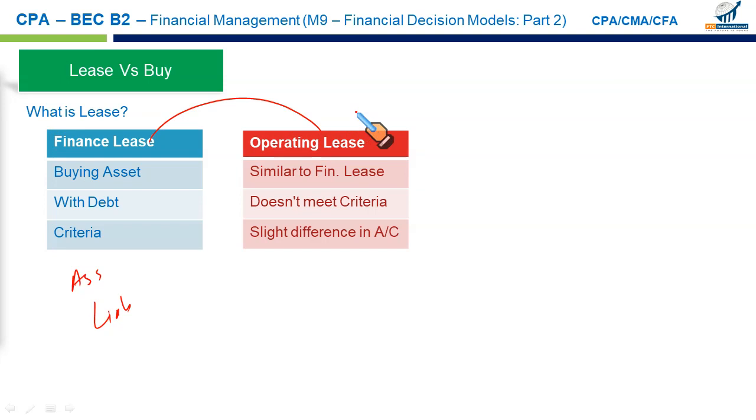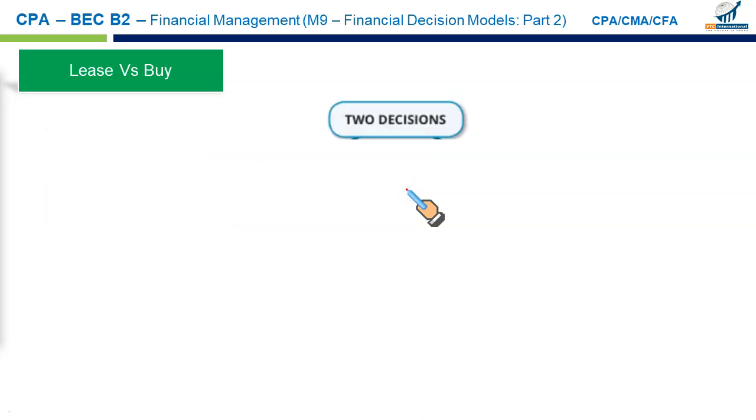But now, whether the lease is a finance lease or an operating lease, you debit the right to use asset and credit the liability. In other words, the accounting treatment is almost the same. You need to book the asset with the title right to use asset, and the liability is credited. So accounting treatment is similar. It's just that it does not meet any of these 5 criteria that we have just discussed. But if a lease is of less than 12 months duration, then it is treated as a rental arrangement. So we will discuss how we make use of NPV in the leasing arrangement. So let's move on to the next slide.